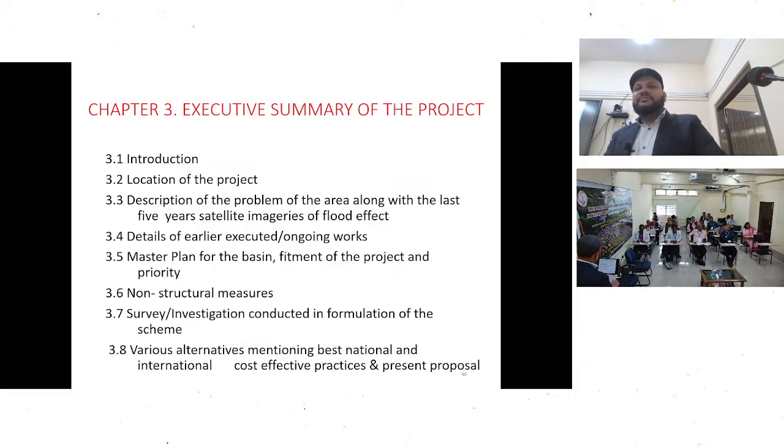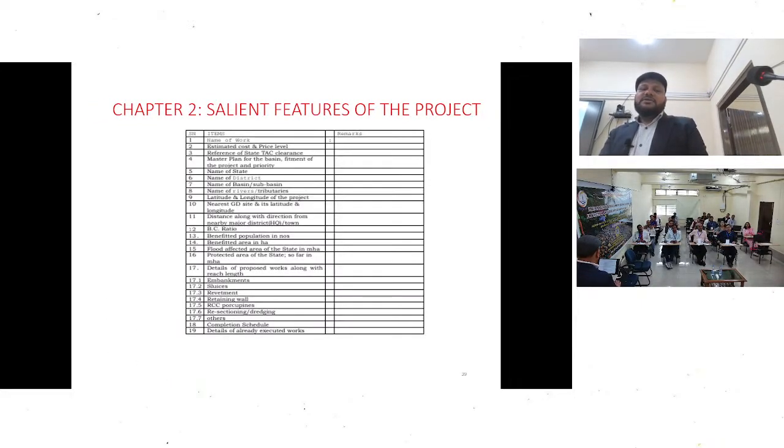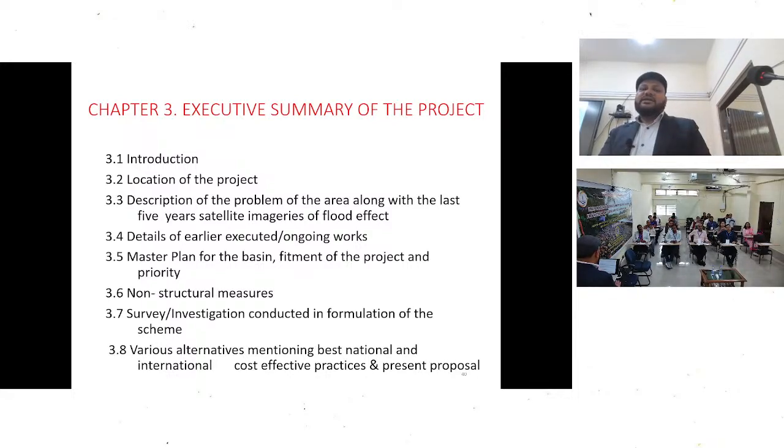After that, the executive summary. This is also very important because it is the gist of the DPR. Any DPR is very voluminous, maybe around 200, 300 pages, but the executive summary should be around 5, 6, 7, 8, 10 pages, so that one can read it and get a deep insight. Not very deep, but a good insight. It is between the DPR and the salient features. The salient features are only one page, and the whole DPR is there, and this is the executive summary, which is very important.